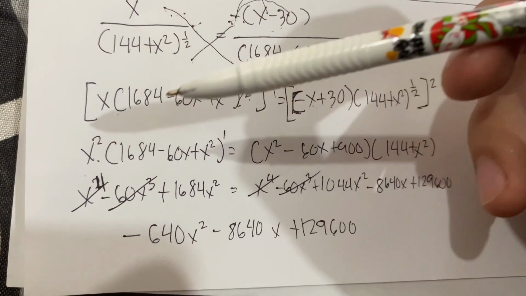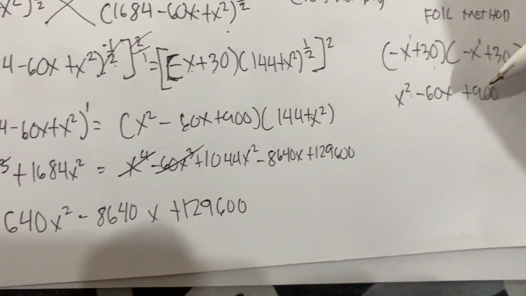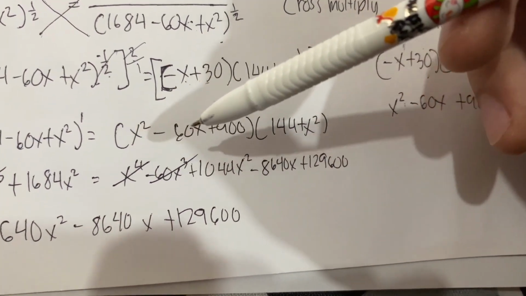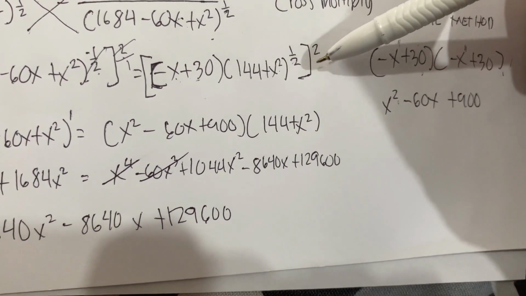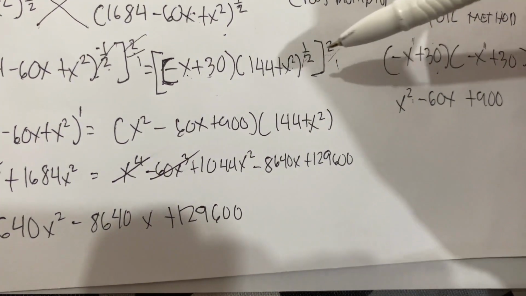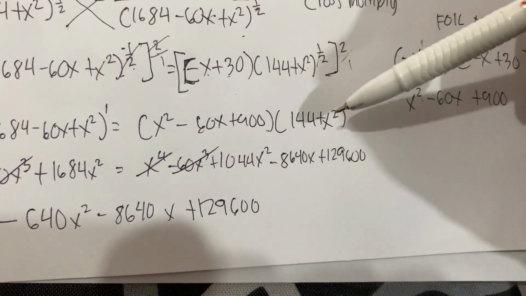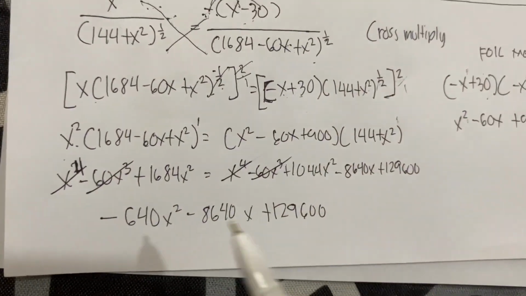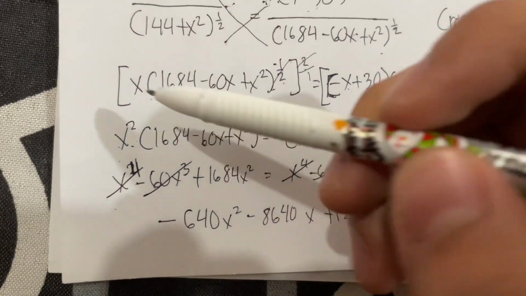So x squared times this equation without the 1/2, and then our FOIL method of this, we're going to write x squared minus 60x plus 900 times here, since it is 1/2, and we know, same as the other side, there is a 1 here, and then that is going to cancel and become 1. So 144 plus x squared raised to 1, so we don't have to write it. And then we are going to times this side, so we're going to distribute x squared